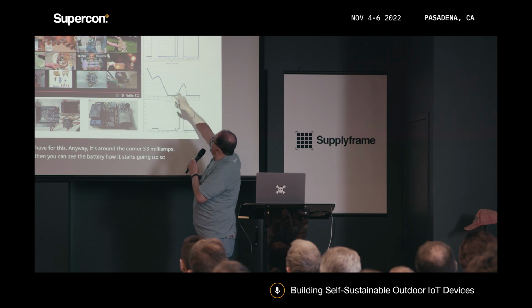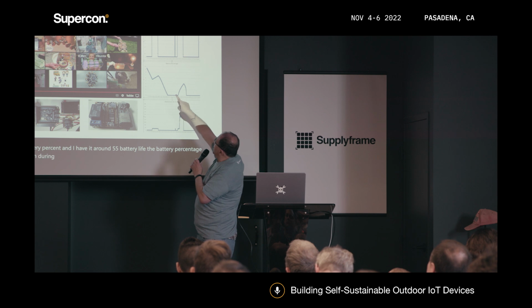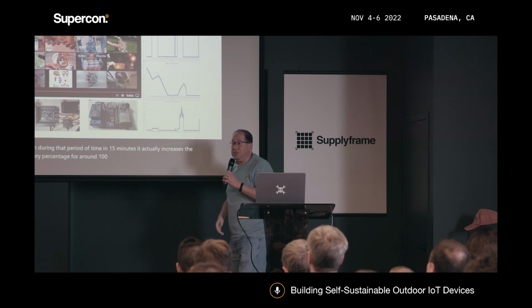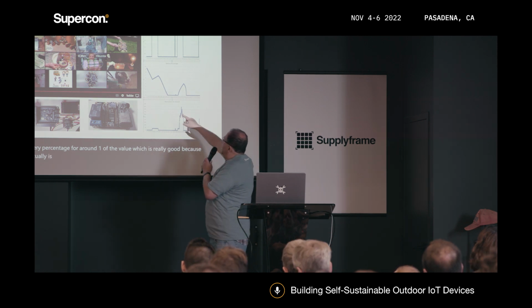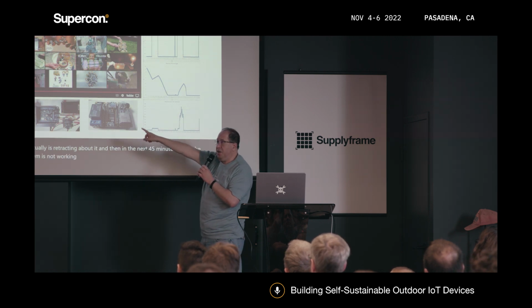So this is the battery percent. And I had the battery percentage around 5.5%, and then during that period of time, in 15 minutes, it actually increases the battery percentage by around 1%, which is really good because it actually is recharging the battery. And then in the next 45 minutes where the system is not working, the LED screen and